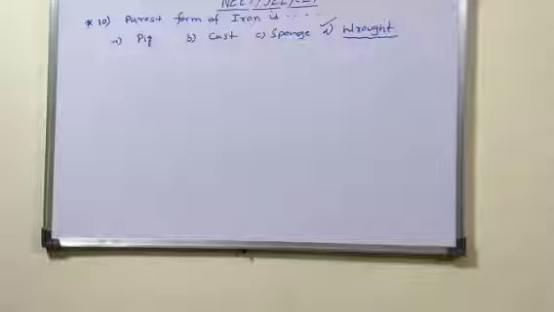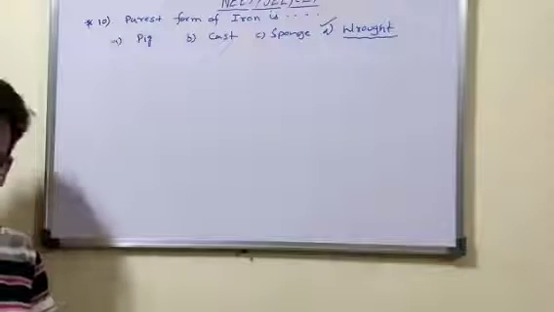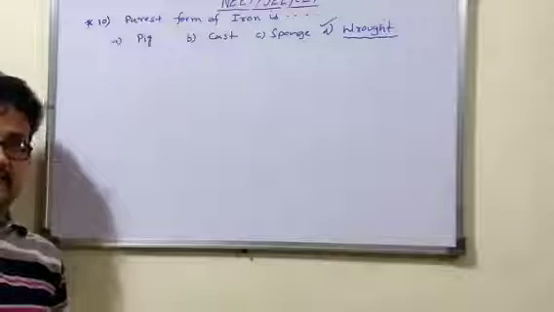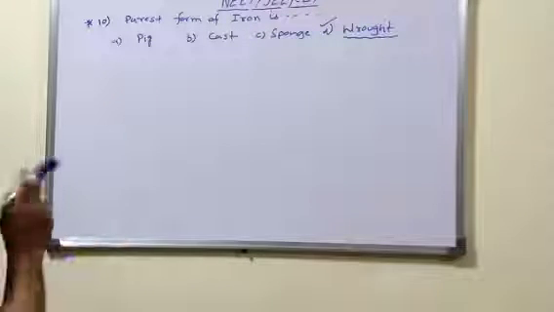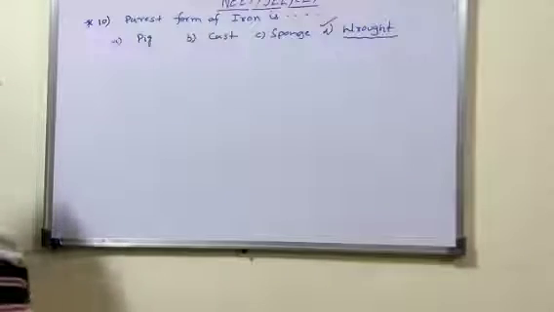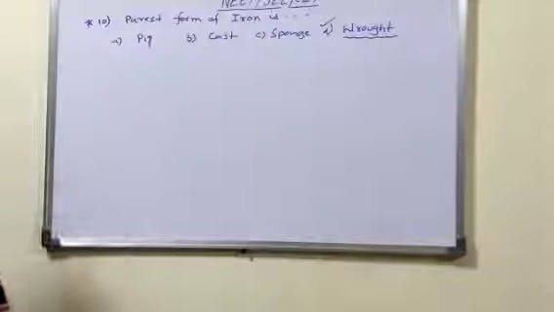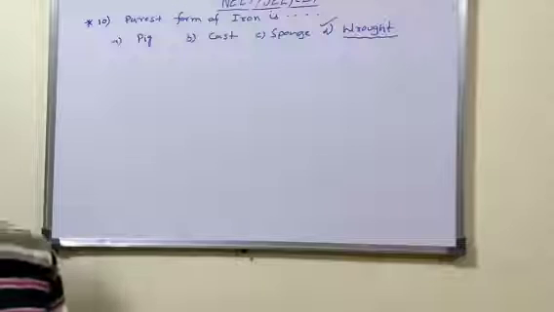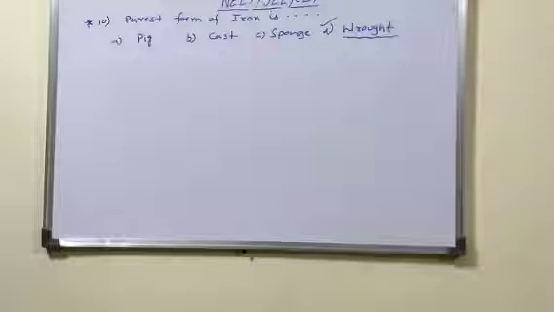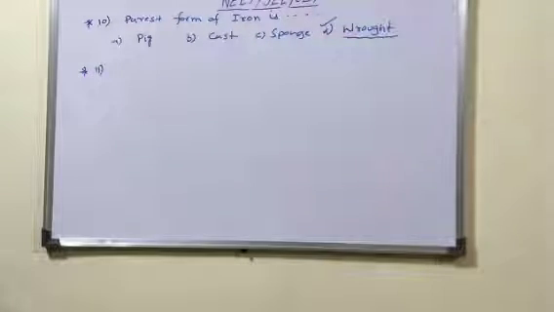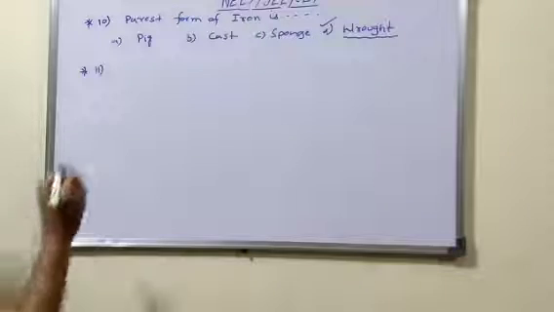Wrought iron has malleable and ductile nature. This is the purest form. Impurities are also present, but fewer than in pig iron, cast iron, and sponge iron. In this we have impurities of nearly 1 to 2%, but compared to the others, fewer impurities are present. That's why we call it the purest form. Next we have another question, that is which method of purification